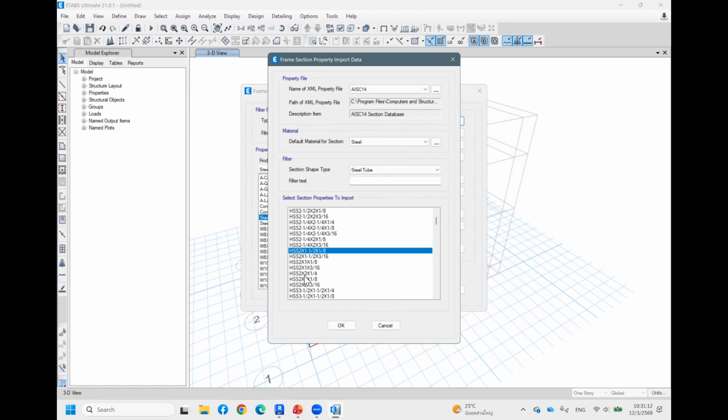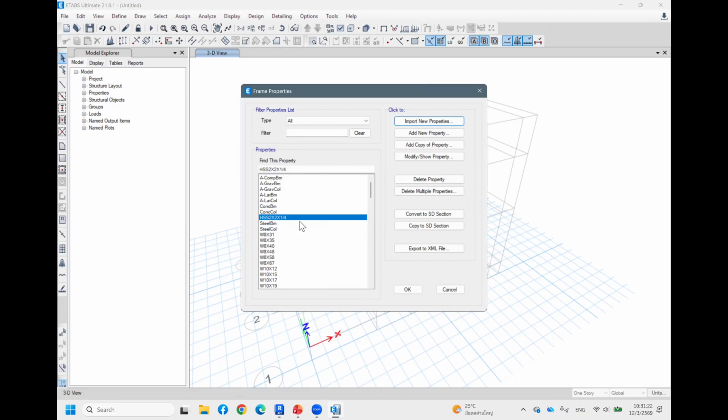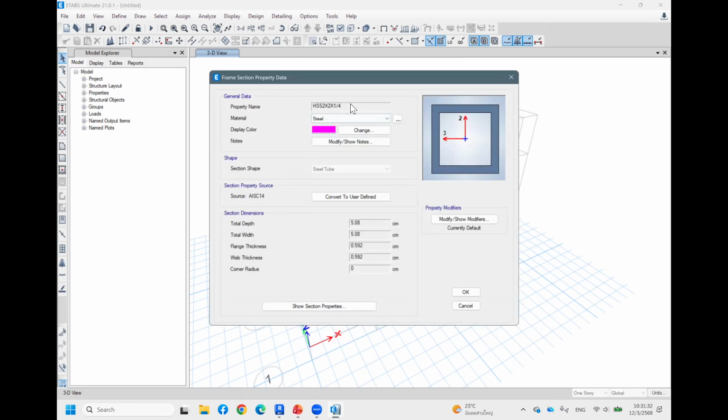Actually, if you have the steel table, you can select there, and I will just select anyone here. Okay, and I want to modify it to be my preferred section. So just modify it and convert to user defined. So now I want to modify to be